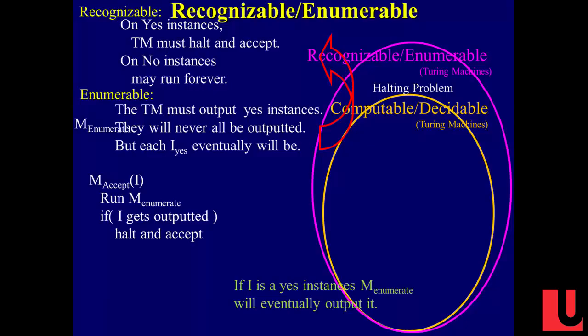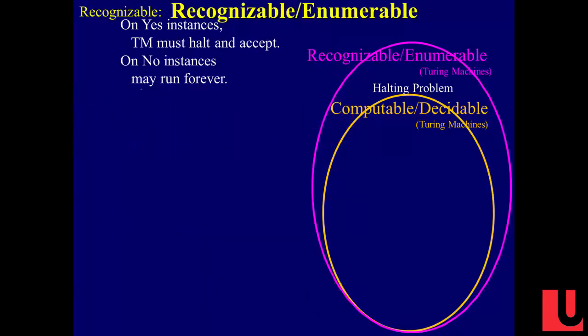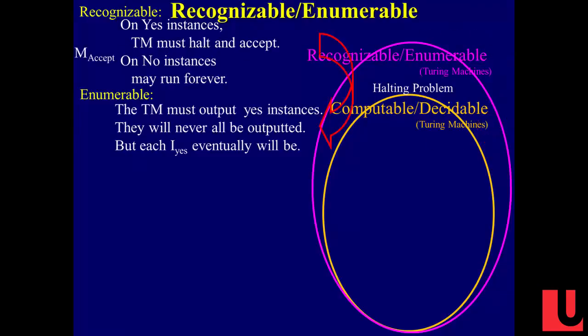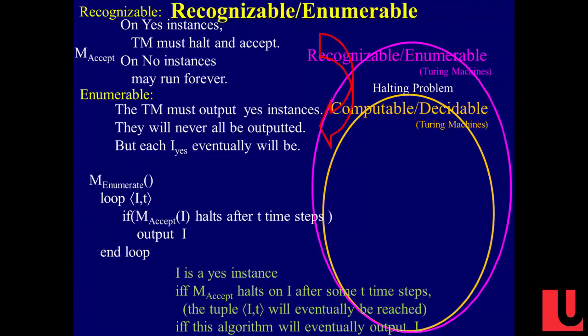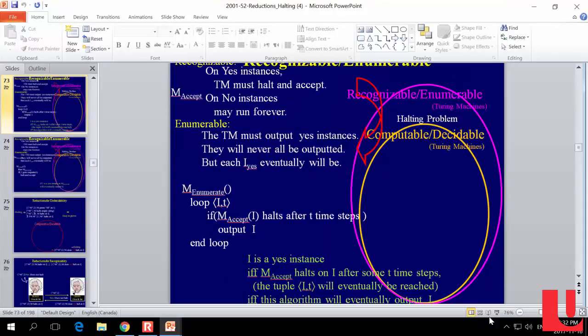So how is it recognizable if recognizable problems halt and accept on yes instances? Again, can you quickly go over that? Recognizable problems on yes instances halt and accept. Right? Yes, that's the definition. Right. So you have put recognizable and enumerable at the same level. And you also proved it, right? Yes. The other way proved. Could you go over it again? Yeah, well, we did both directions, right? This direction, we said how do you enumerate, right? We did this IT thing, which came up with enumerating. All right, so what we're going to do now